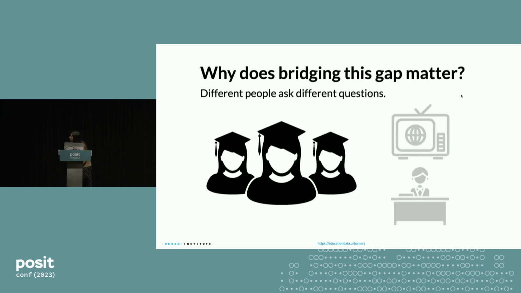So the first example I want to talk about is an organization we've worked with called Reboot Representation. They're a nonprofit that's committed to increasing the number of Black, Latina, and tribal women who work in technology fields. So they've been using the portal to answer questions like which colleges have large numbers of women of color graduating with computer science degrees, which of these colleges are tribal colleges or HBCUs, and also how this is changing over time.